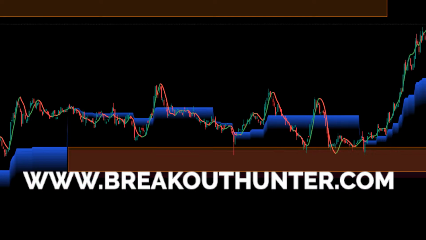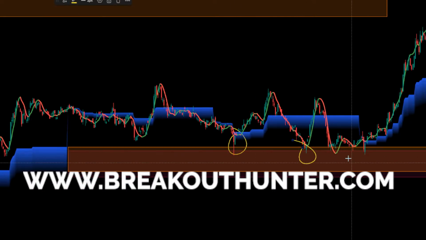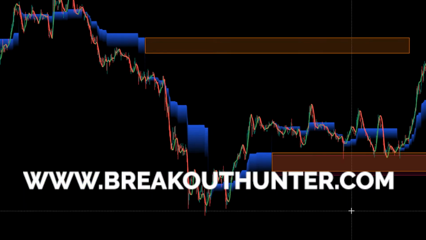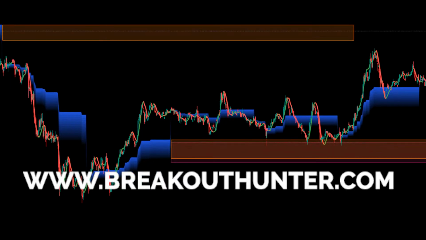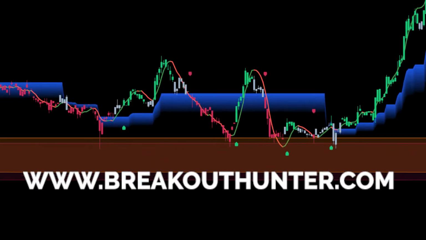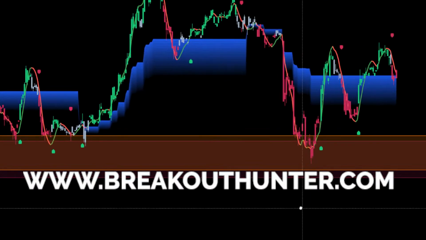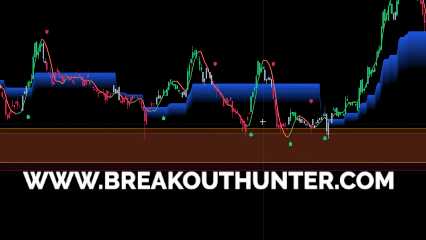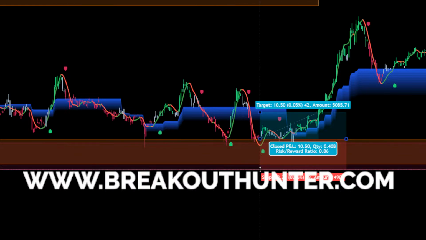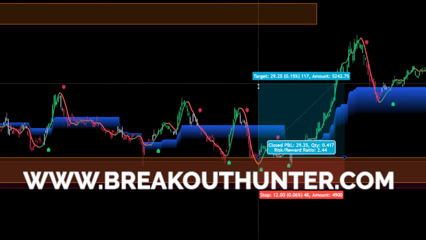So here, this is an entry right here. This is an entry. This is an entry. And if we're using percentage-based risk, when this wicks up and counts out, let's see if we get our signals. Yeah, look at all the signals inside of the zone. These are our A+ setups. When you get a signal inside the zone like this one, it's super good, but I would take any of these right here. So we go 2% when you get the signal, stop loss right here, and you go 2 to 1 risk to reward,